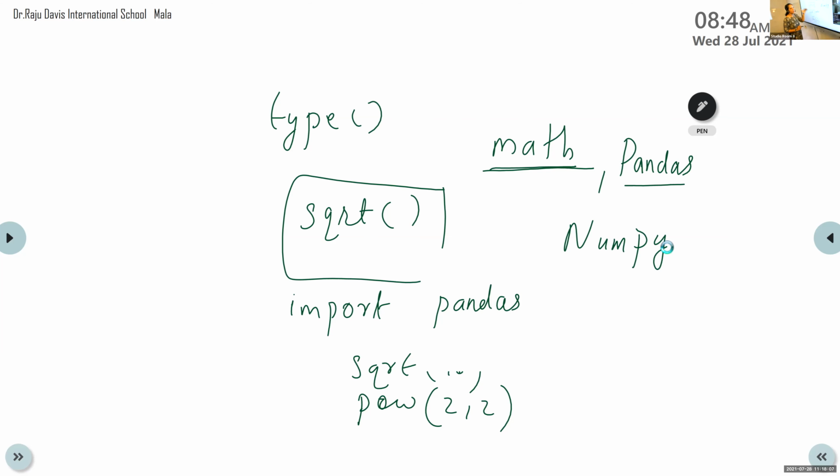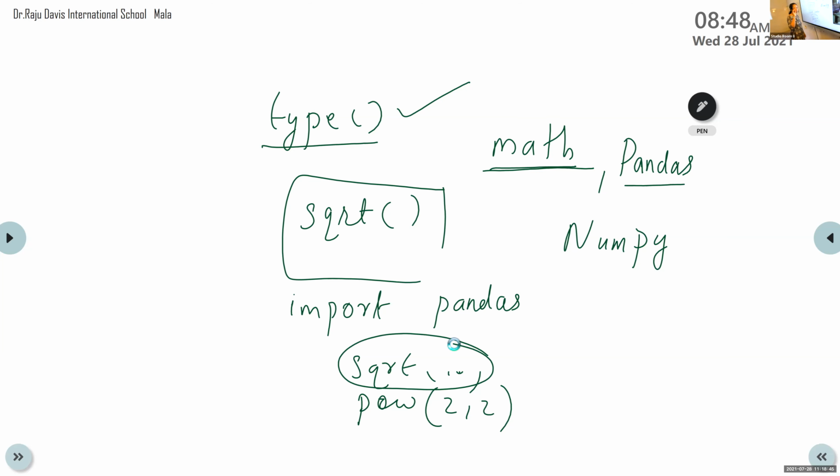So this is the second type of built-in function. The difference between the first built-in function and built-in functions defined in modules is that the first one we can directly use. Type, as a normal built-in function, we can directly use without any other statement like the import statement. But in the case of the second one, first we need to import that particular module from the Python library, then only can we use that built-in function.